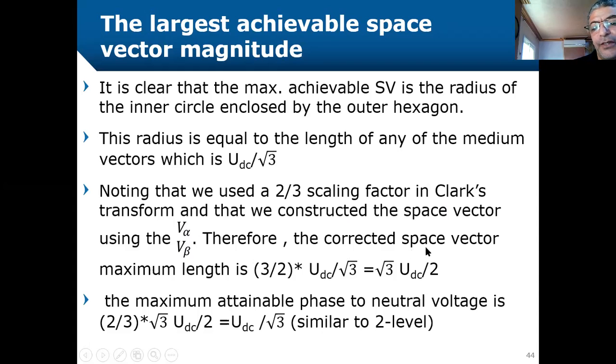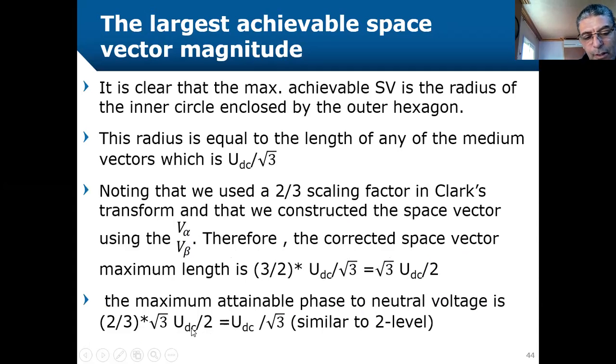Therefore, the correct space vector maximum length is, we multiply by the inverse of this ratio, 3 by 2 multiplied by UDC over square root of 3, which will give us square root of 3 multiplied by UDC over 2. The maximum attainable phase to neutral voltage is